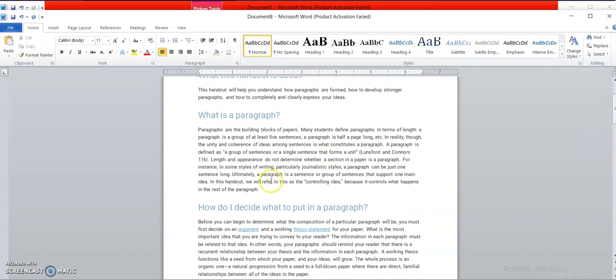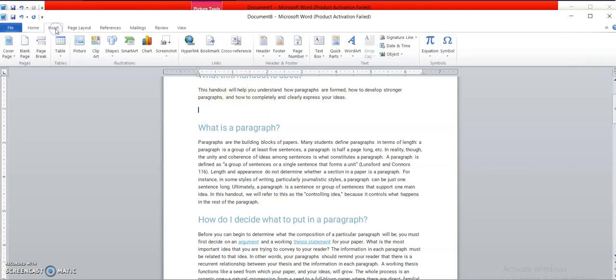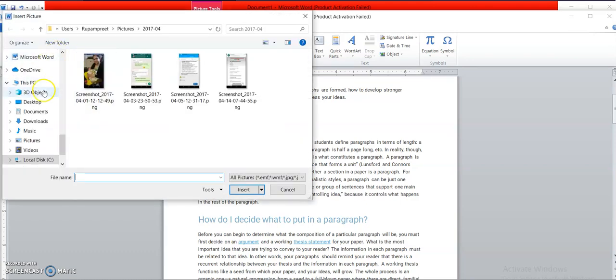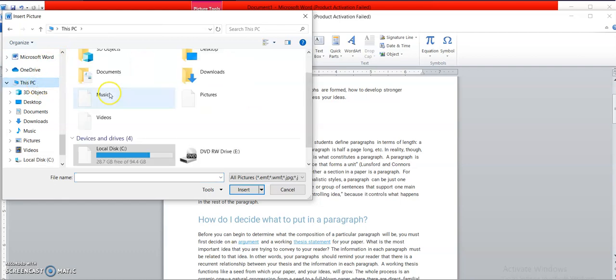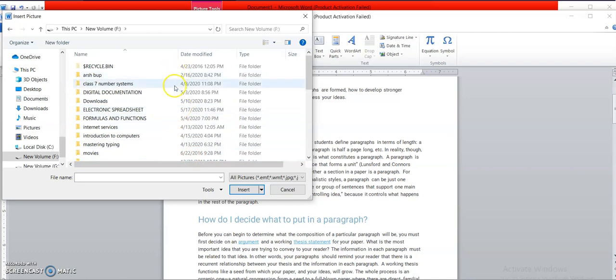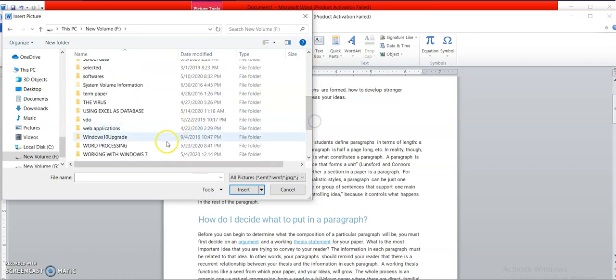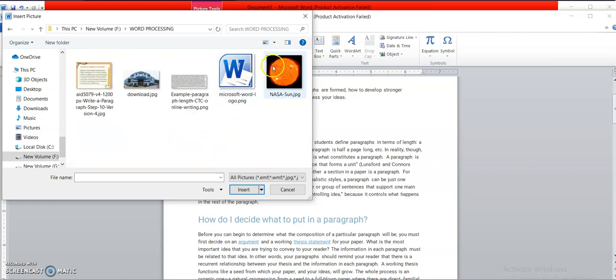So let's see. I want to insert a picture over here, so I will move to the Insert tab. I will click on the Picture option. After that I will move to This PC, and from the F drive we can insert one picture that is saved in word processing.